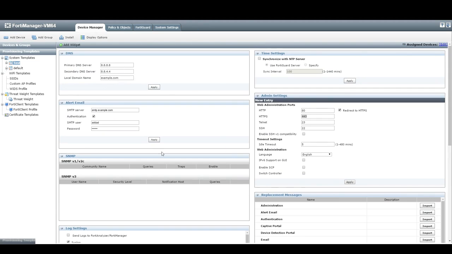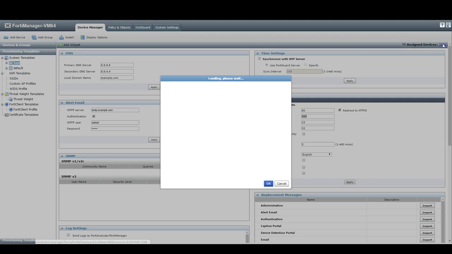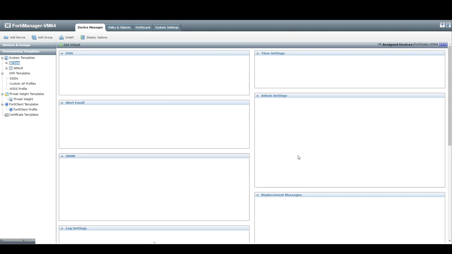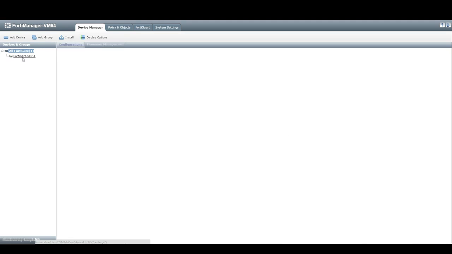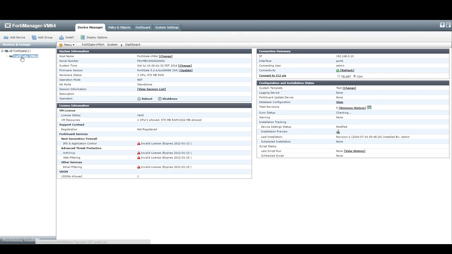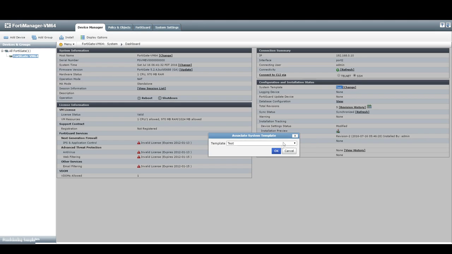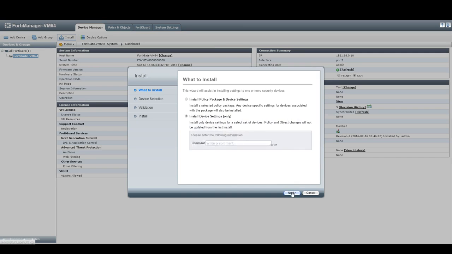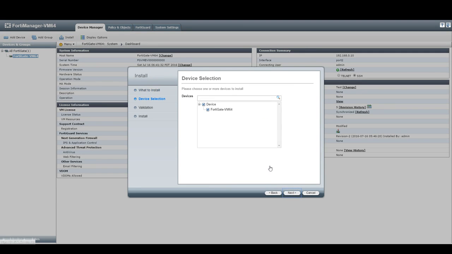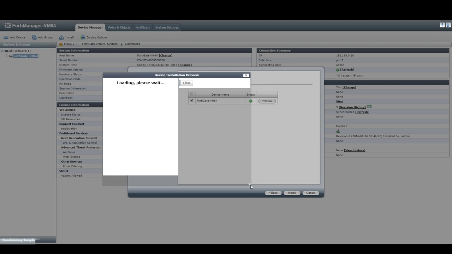And then once we've created our template, we have a few ways to assign this. Up here we can click assign devices. We can assign it to a device and hit OK on it. If we go back to the device and groups, click on the device itself, you'll notice that the system template is being changed to test, and hitting here we can actually change it back to default if required. If we were to click install now, again device settings, wait for that preview to appear,